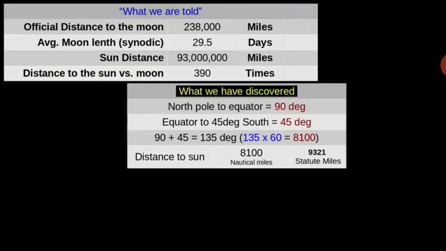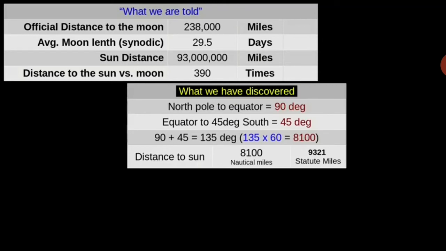So if we add them up, we have a total of 135 degrees. 135 degrees times 60 nautical miles, because 1 degree is equal to 60 nautical miles, comes out to 8,100 nautical miles. So according to this, the sun at the equator is 8,100 nautical miles, or 9,321 statute miles, up in